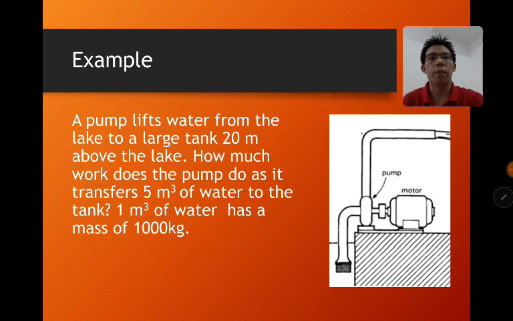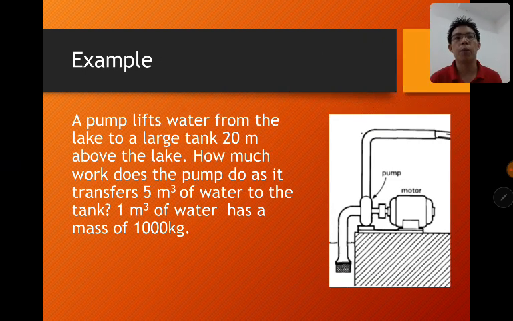Okay, so we have one example here. The pump lifts water from the lake to a large tank 20 meters above the lake. How much work does the pump do as it transfers 5 meter cube of water to the tank? So it's trying to lift the water up by 20 meters. It's pumping it. And we are given that 1 meter cube is 1000 kg, so 5 meter cube is 5000